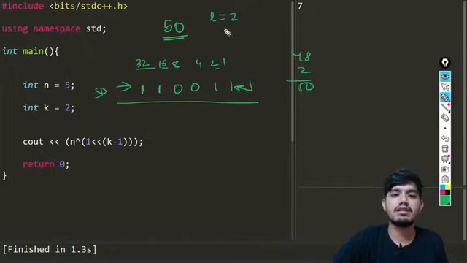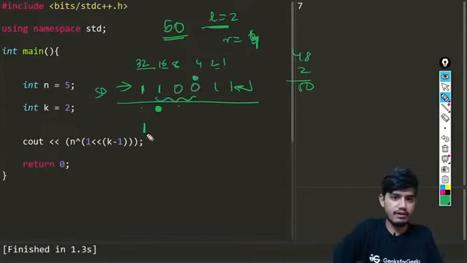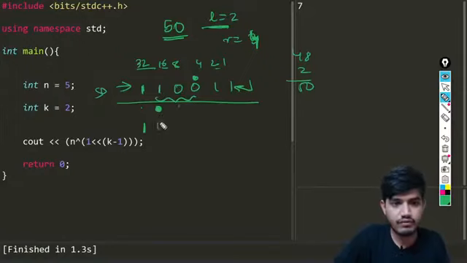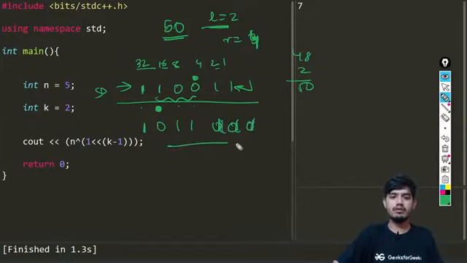And we are given a left and right. For example, let us consider left equals 2 and right equals 4. In this case our left will be this one, left equals 2, and from here up to 4, so this is third, this is fourth, up to this inclusive we need to toggle. What I mean by toggling is, if it is 1 we convert it to 0, if it is 0 we convert it to 1. The other values remain the same. So this is what we want to do.